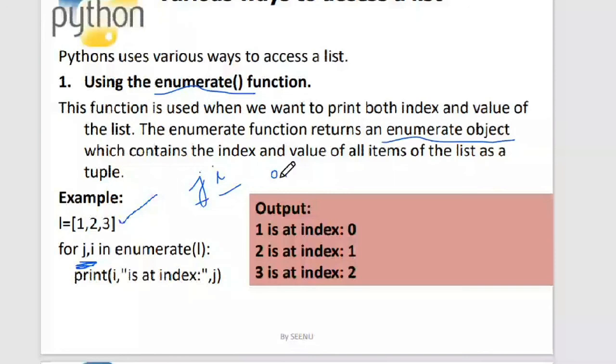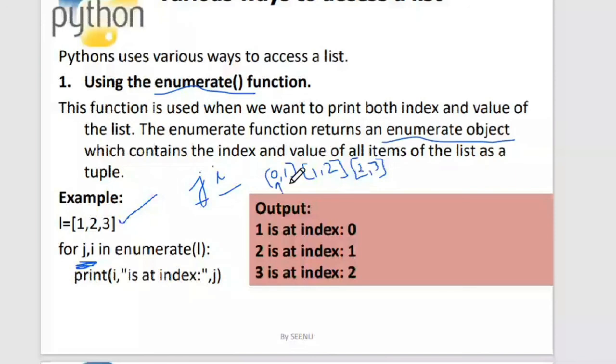The first element in the enumerate object is the index, and the second element is the value. It contains the index and value of all items of the list as a tuple.